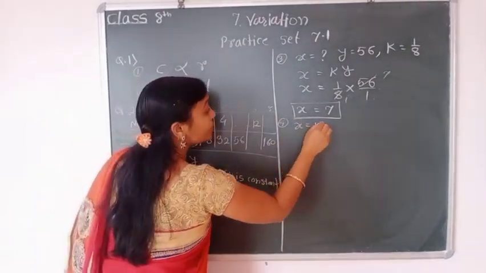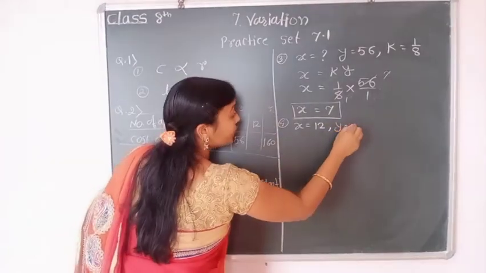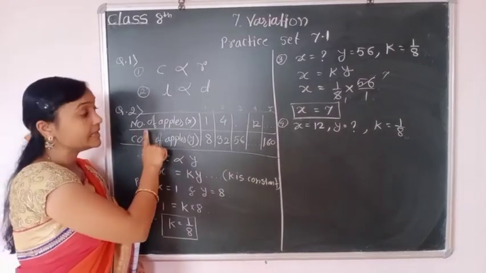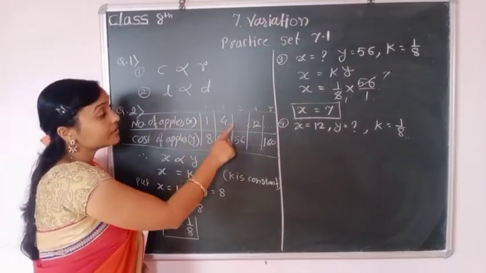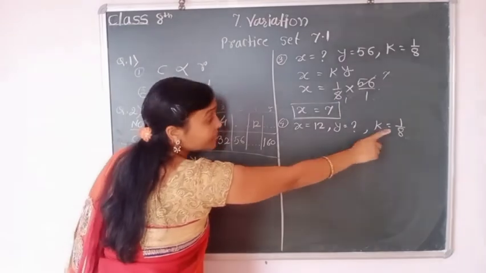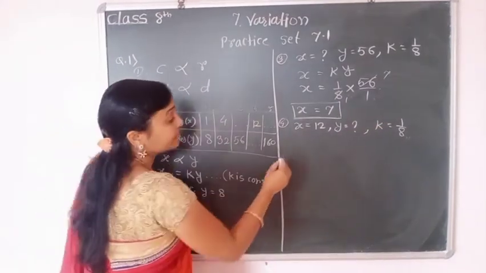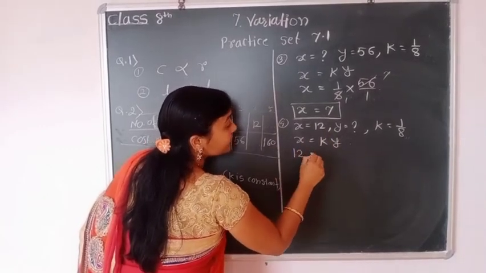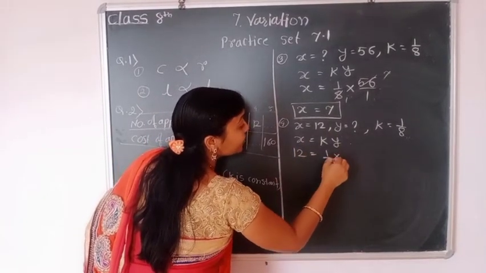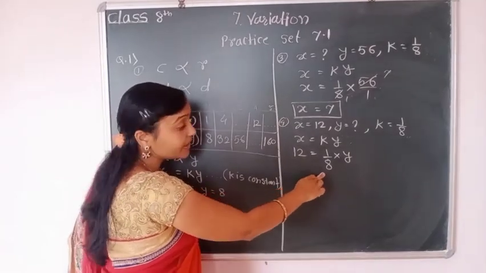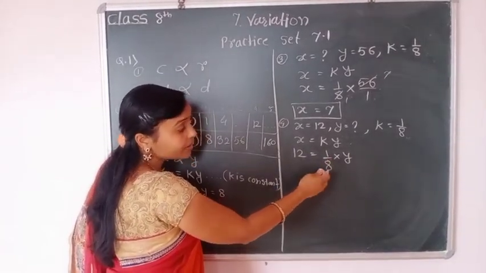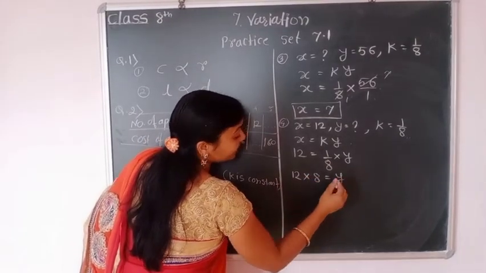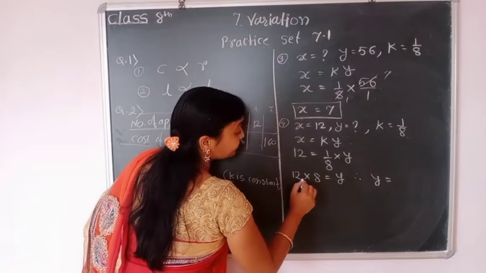X equal to 12, y we don't know, and again k is equal to 1 by 8. These are the direct variation, so they increase in the same proportion. So always we take k is equal to 1 by 8. Again x equal to ky. 12 is equal to 1 by 8 into y. This 8 is in denominator, which means division. When we transfer it to multiplication, 12 into 8 is equal to y. That means y is equal to